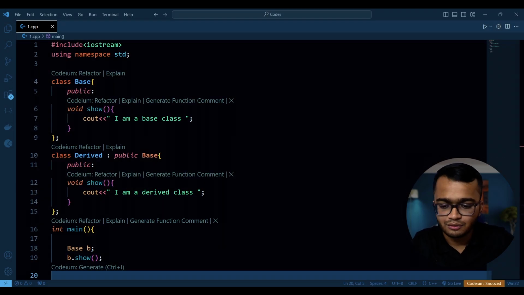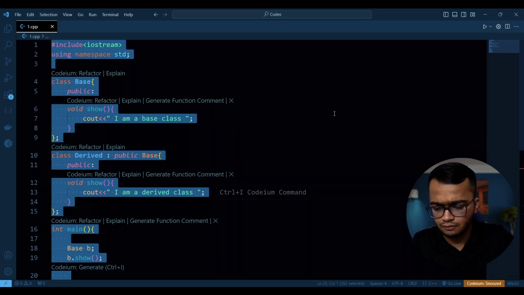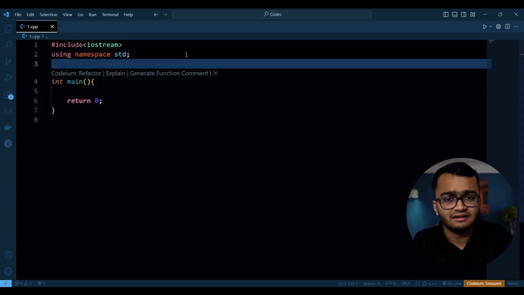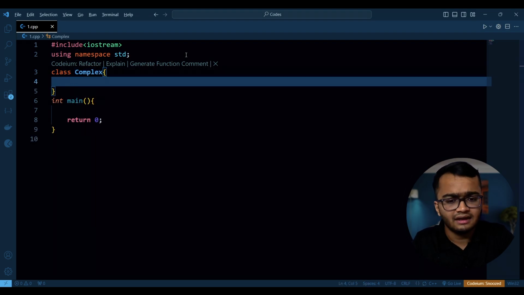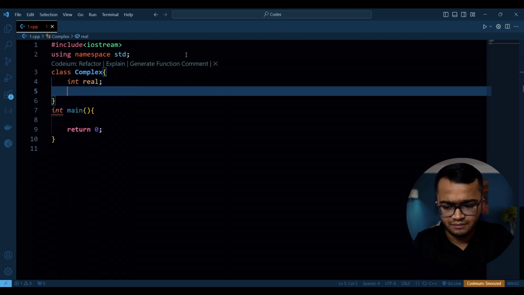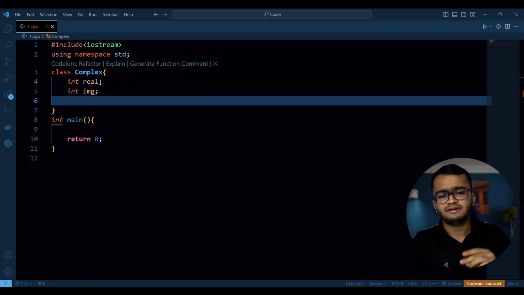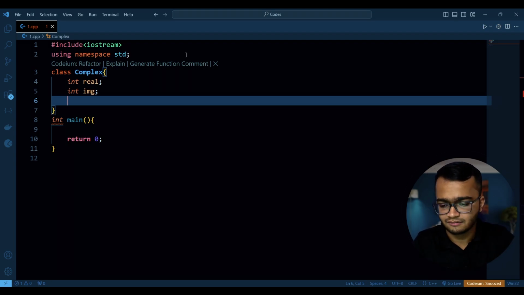So we are in our code editor here. We have written something previously; we will erase everything. Okay, so we will just write the main method boilerplate code. We will write a class for complex numbers, so class Complex. As I mentioned earlier, a complex number consists of two parts, the real and the imaginary. So int real, the real part, and int imaginary. Now we will make a function for setting a value for the imaginary part and the real part. So void